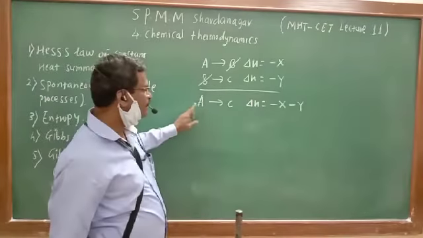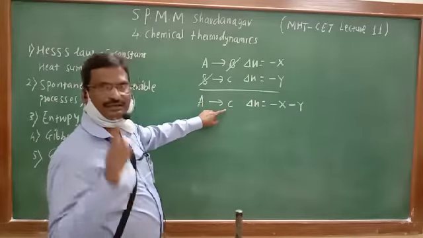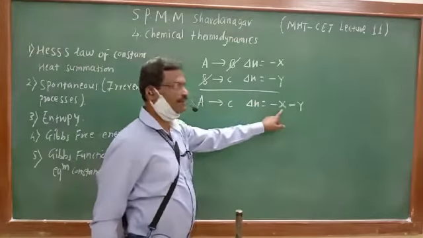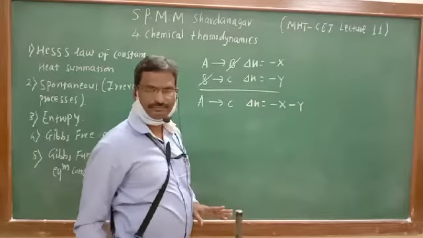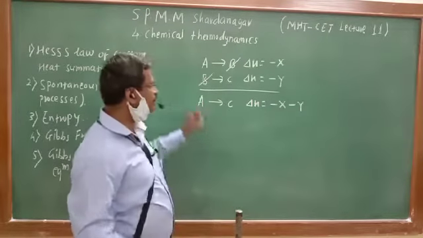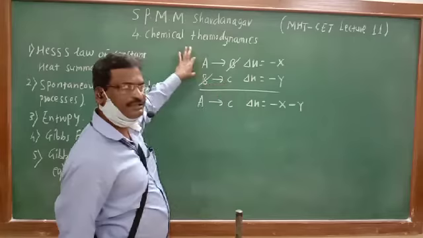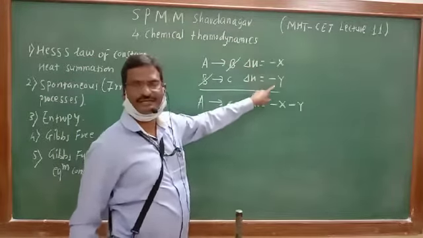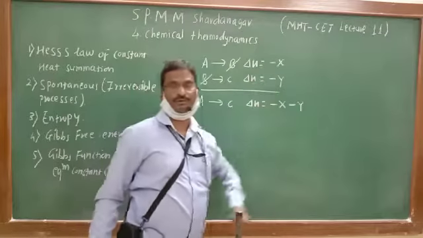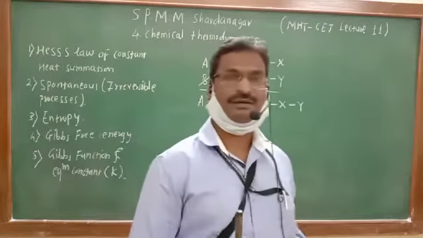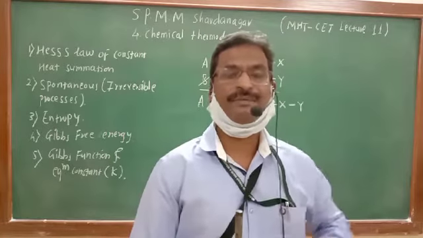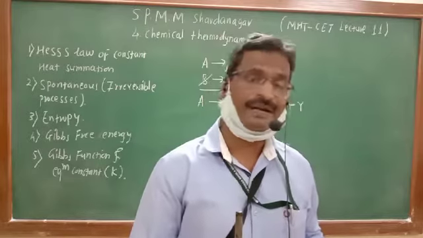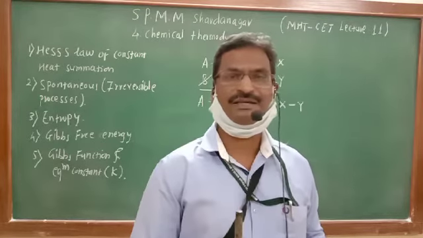Whenever A is converted to C in a one step process, the change in enthalpy is minus X minus Y. Similarly, whenever A is converted to C by these two steps, that time also the change in enthalpy is minus X minus Y. Therefore, enthalpy change during a chemical reaction is always constant, independent of the path followed by the change,